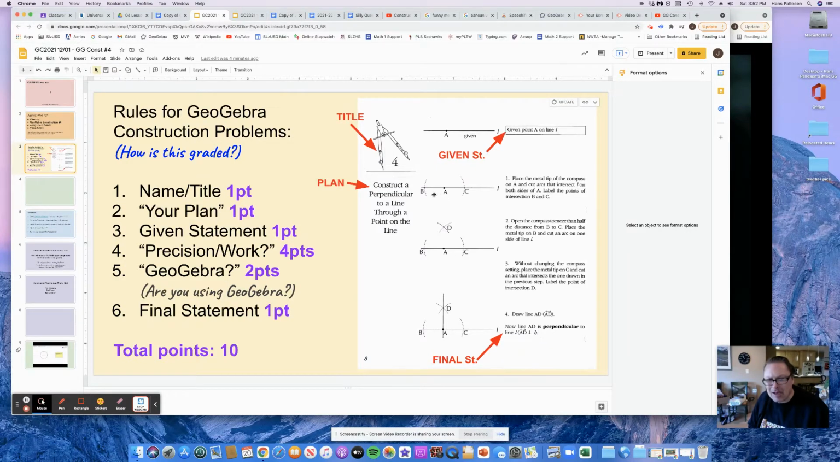we make a circle around A and mark the two intersections over here. And then we make circles around B and around C, and then mark their intersection up here and call that D. And then that gives us a perpendicular line through AD. All right, so let's go to GeoGebra